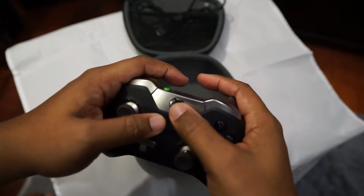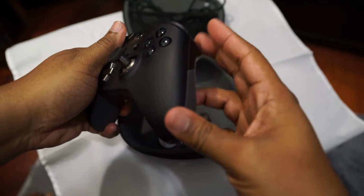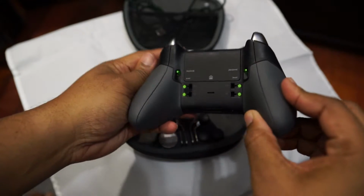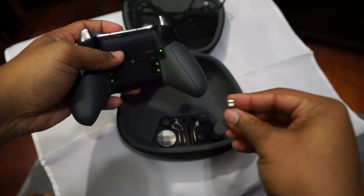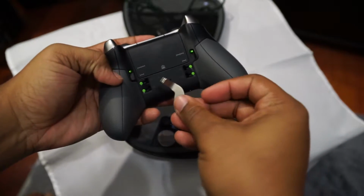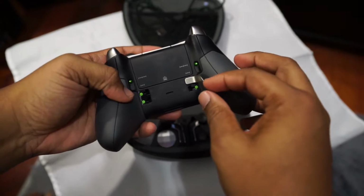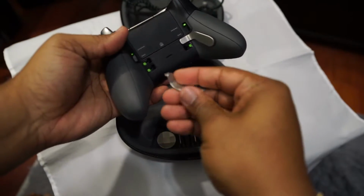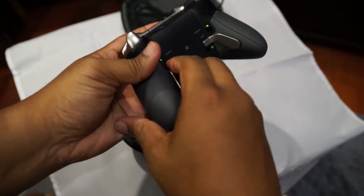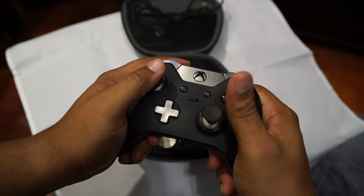So for most first-person shooters, and I had to think about the way this works, I think we had it backwards, or at least I conceptualized it backwards. I thought when they said hair trigger, the moment you press the trigger, the controller releases a shot, and not so much. I tested it with the Elite and the regular controller, and it's still the same, about, I want to say 45% of the way down on the triggers when these shooting games will release a